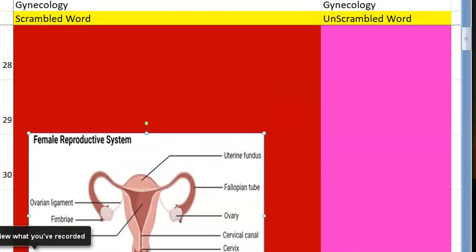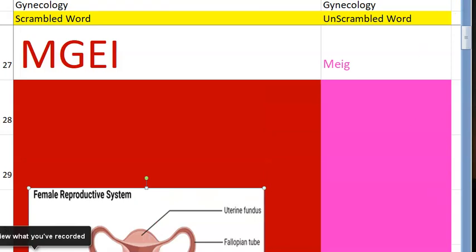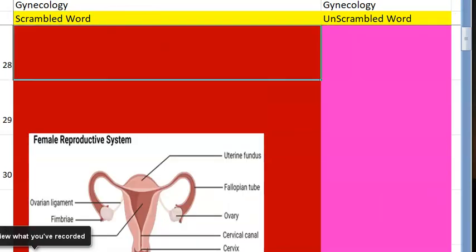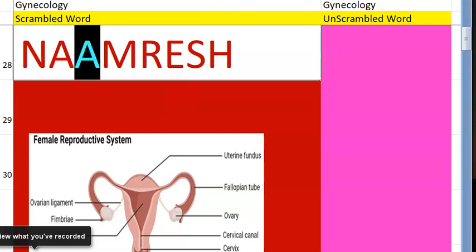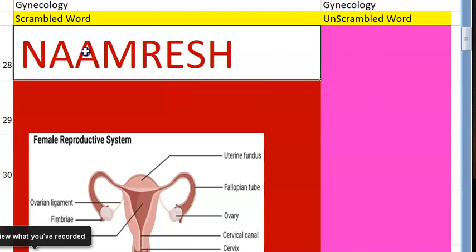Now let's go to 28th one, right? We are in 28th one. Yeah. 28th one. Suddenly it feels like Ramesh, but what is this? Gynecological word, guys. It is actually starting with A. It's the name of a syndrome in which, what do you see? You will see